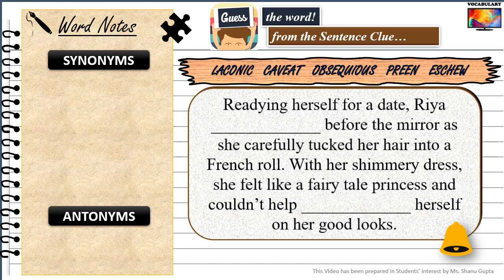Let me read out the first of these example sentences for us and let us decide the correct word for the blank. Readying herself for a date, Ria dash before the mirror as she carefully tucked her hair into a French roll. With her shimmery dress, she felt like a fairy tale princess and could not help dash herself on her good looks. Clearly, a verb goes into these 2 blanks above. So the answers are preened for the first blank and preening for the second blank,